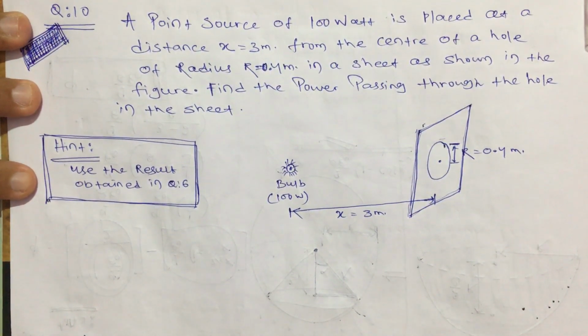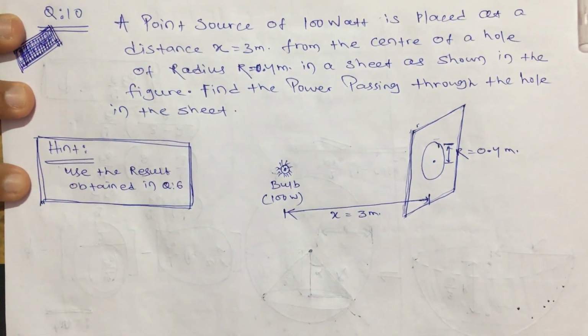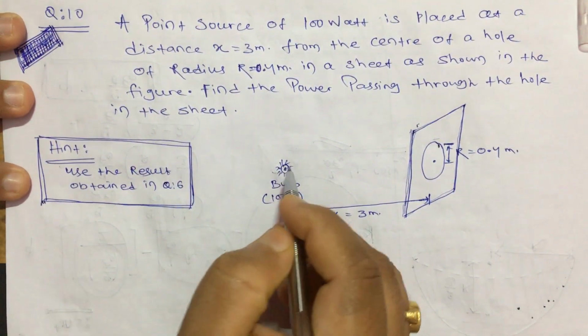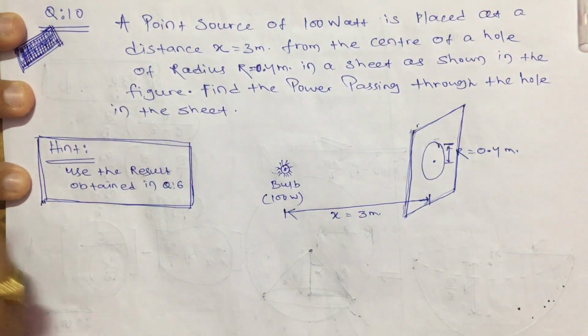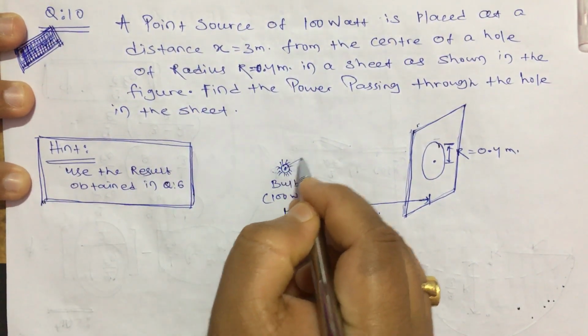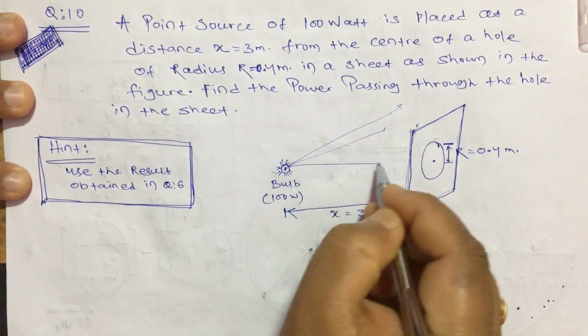Now first let me explain how this is useful, or how it is the same as what we have solved till now. See, flux is not only from the electric field; flux can be found for any vector. Here, like electric field lines coming from a charge, similarly light will come in every direction. Yes or no?